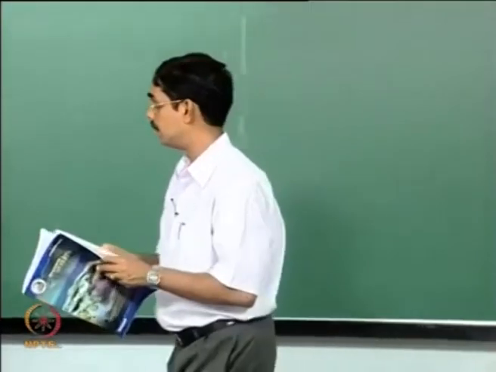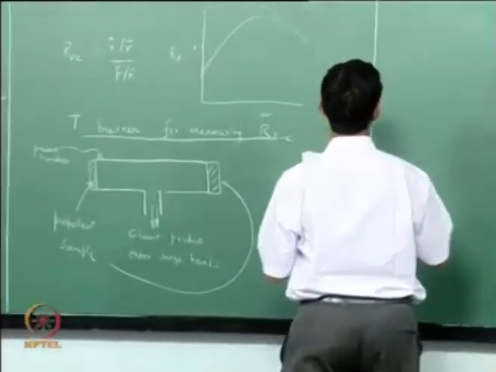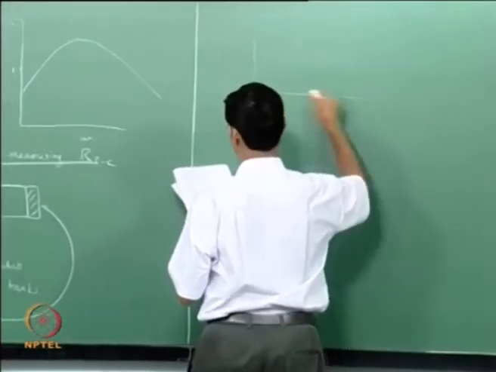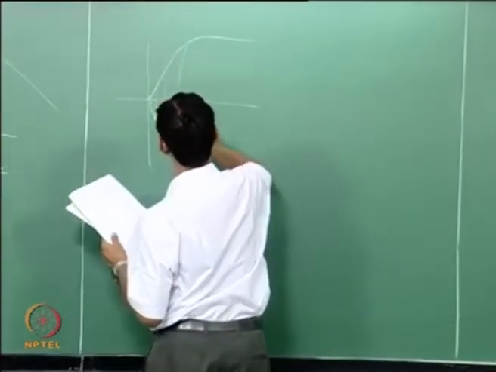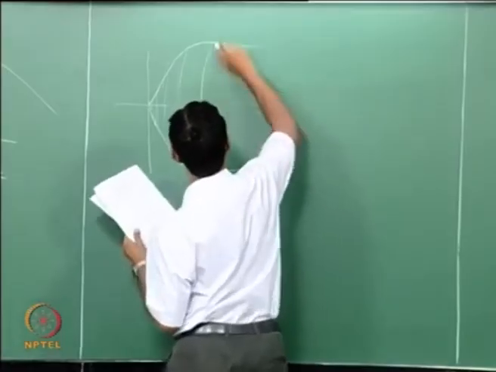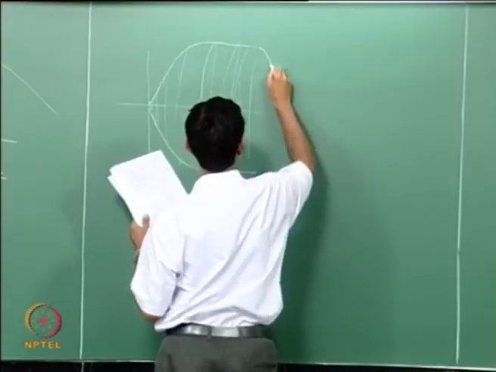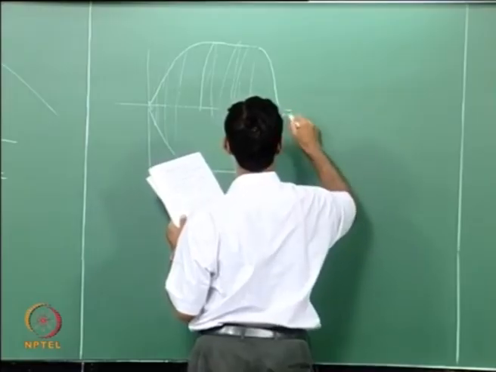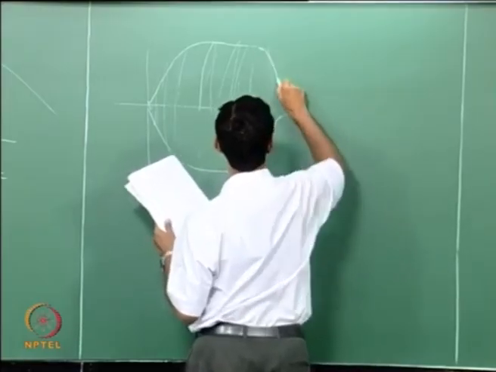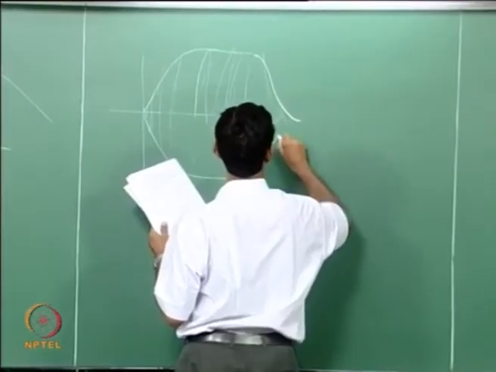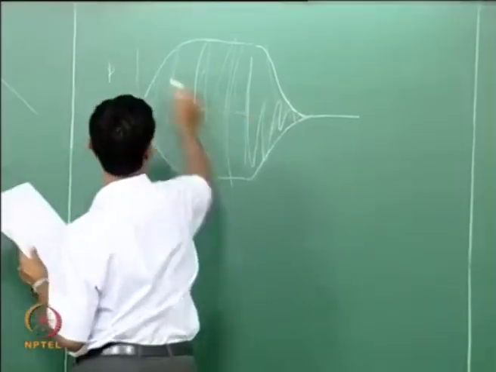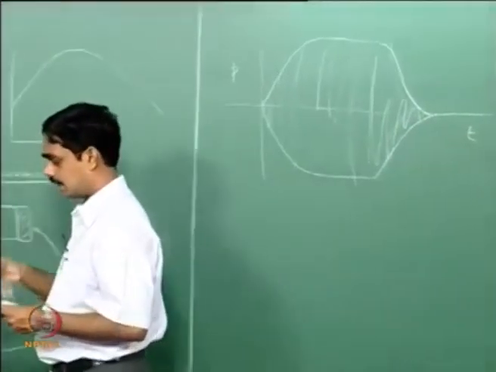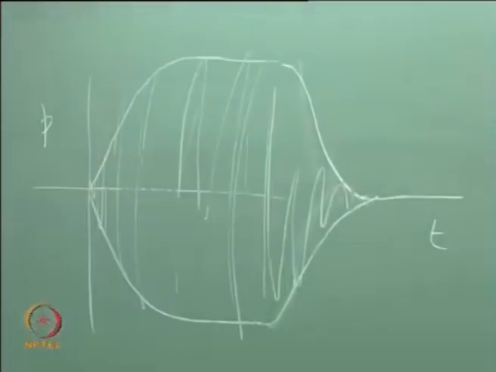So if you look at the time trace in such a case, the oscillations will grow initially, reach some kind of limit cycle, and then eventually fall off. So this will be pressure versus time, and let us say we can record it. And these experiments were done in the 1950s. I think the first one was reported in 1958 or somewhere around that.